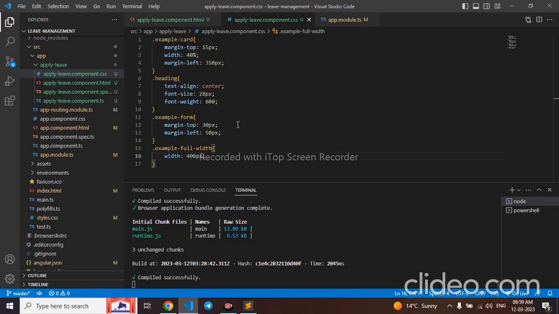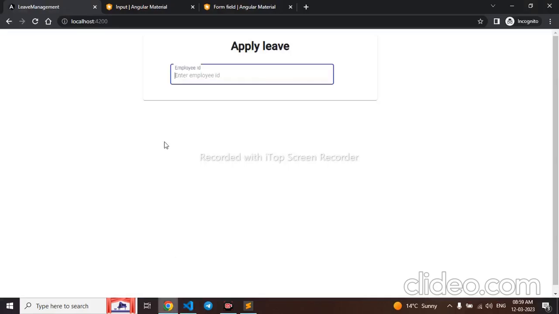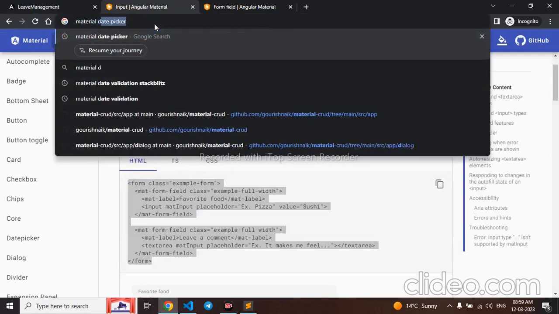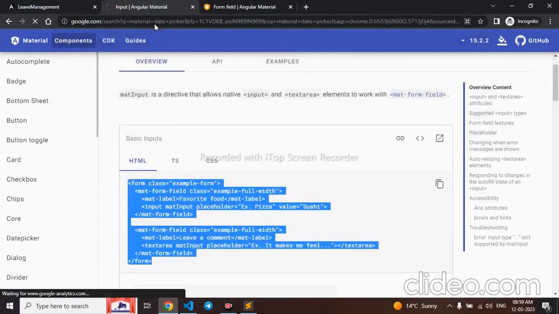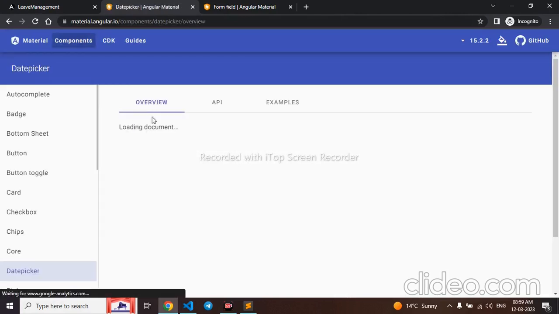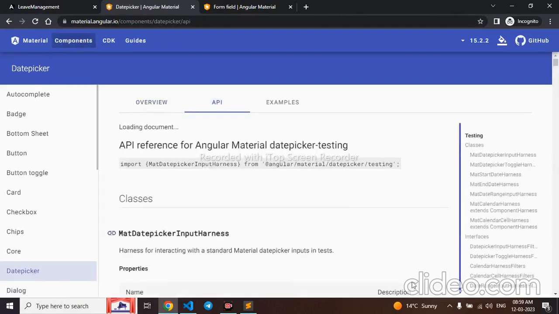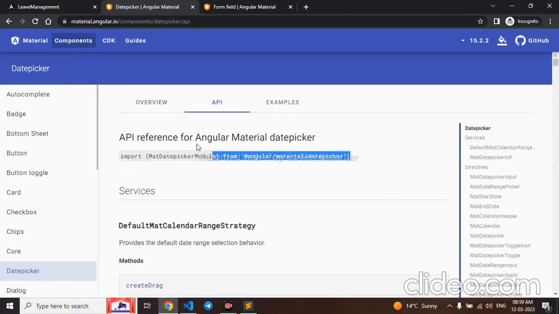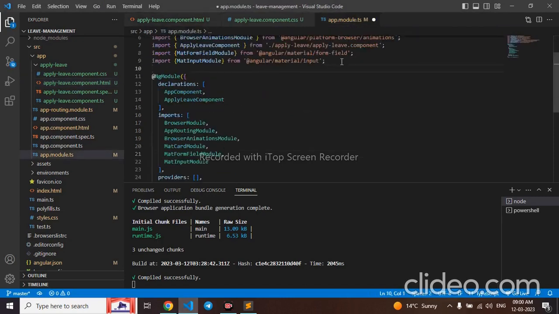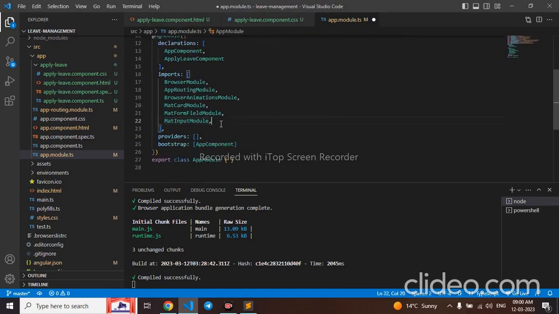So next thing I need a date picker. So I'll be again going material date picker. Go to the first link. Go to the API part. I'll be copying this, going to the fmodule.ts. I'll be pasting it here. Let me copy this and let me paste it here,